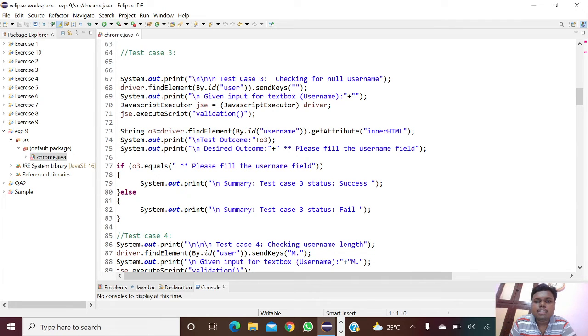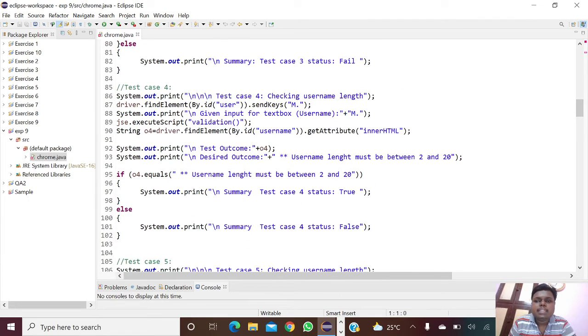And this is for the username, and we'll ask please fill the username, and if o3 equals please fill the username, if you fill the username, it will print success, otherwise it will print fail.